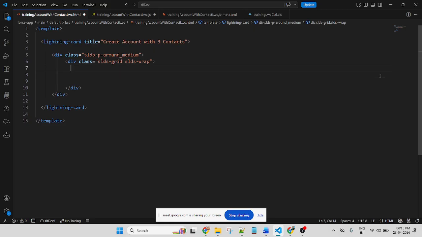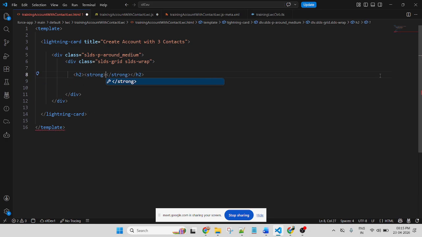So first, let me create an H2 heading, strong, account detail. If you want to put a red color, use style color red.